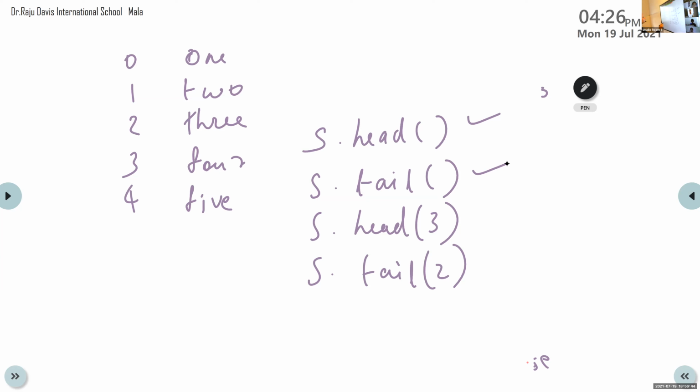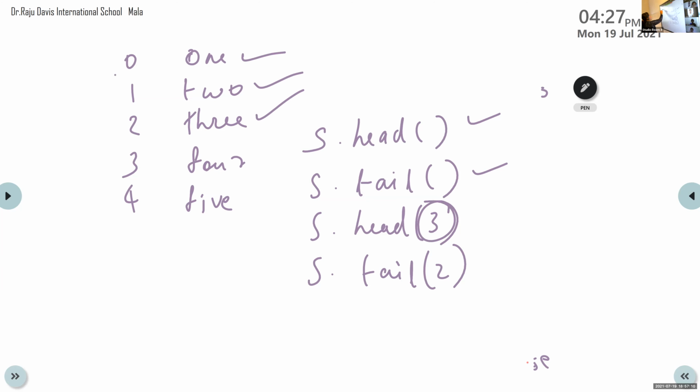Vidur, what about the third statement, that is S dot head of 3? From first to 2, which are the rows? 0, 1, 2. That is 0, 1, 1, 2, 2, 3. Here head is 3 means first 3 rows displayed.